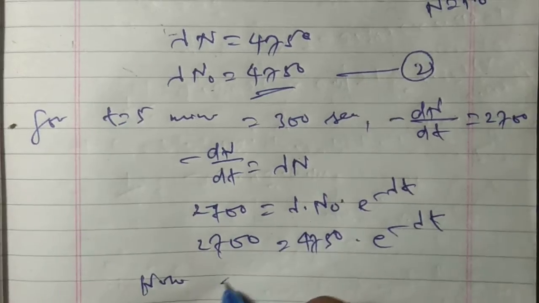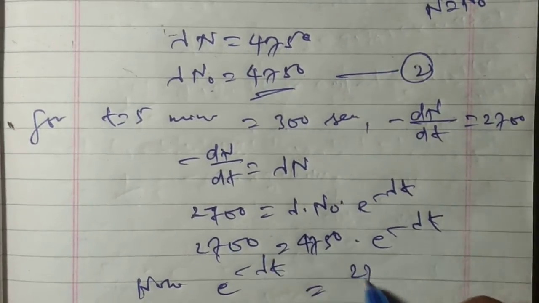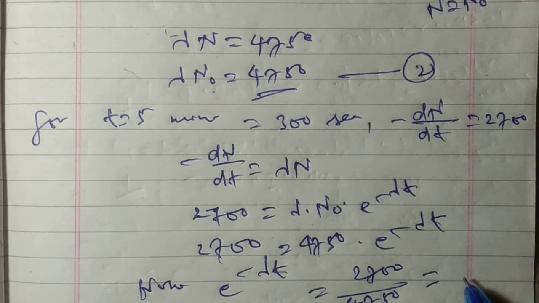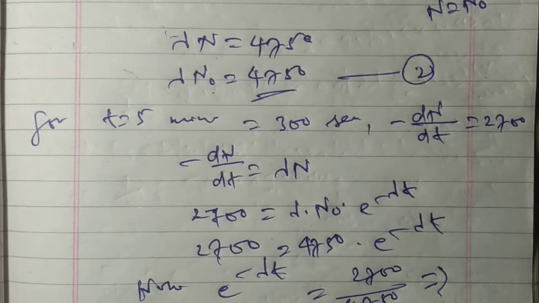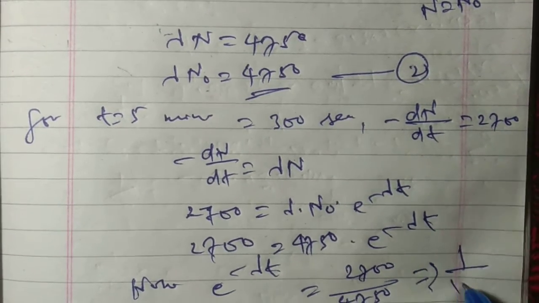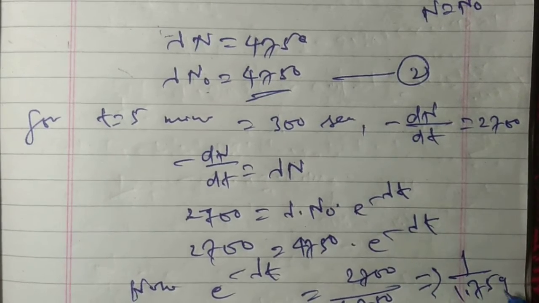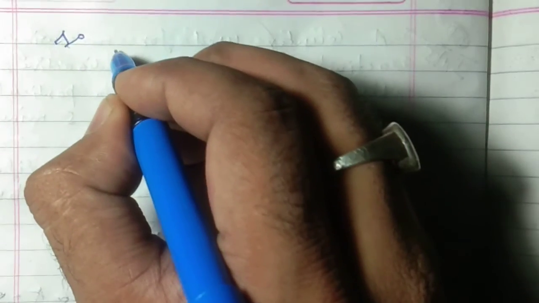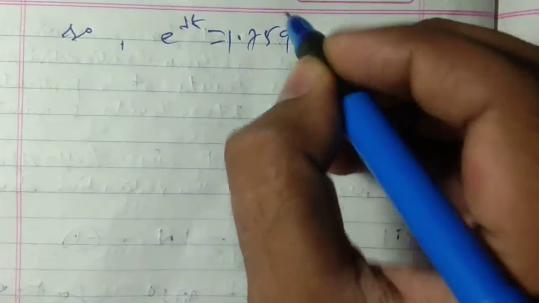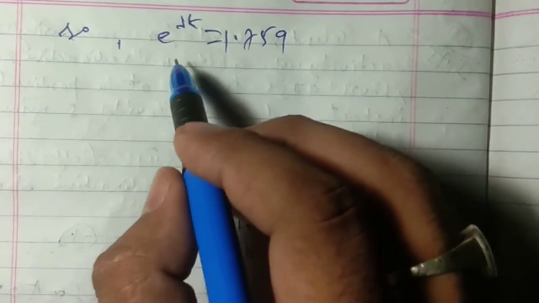Now e to the power minus lambda t equals 2700 upon 4750, which is equal to 1 upon 1.759. So after simplifying, we get e to the power lambda t equal 1.759. Now taking log on both sides,